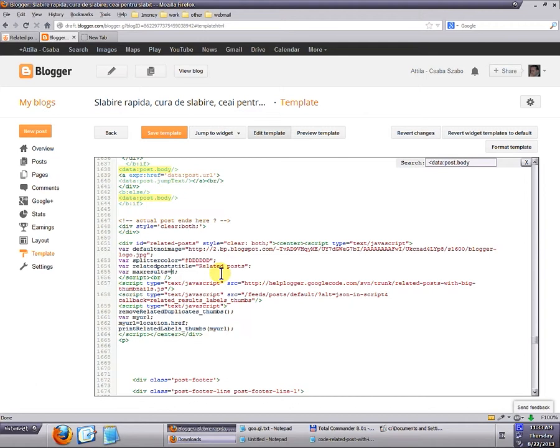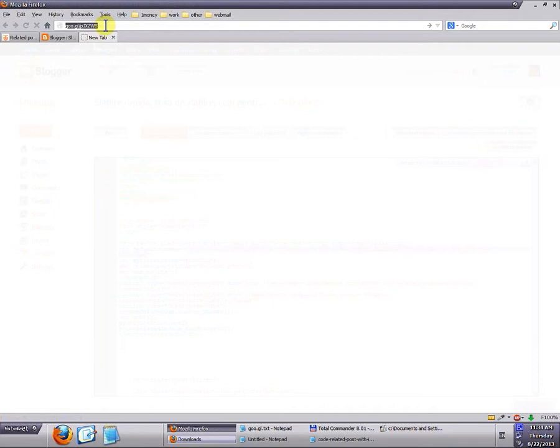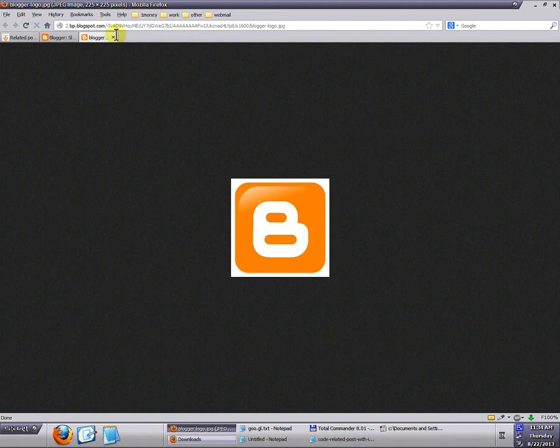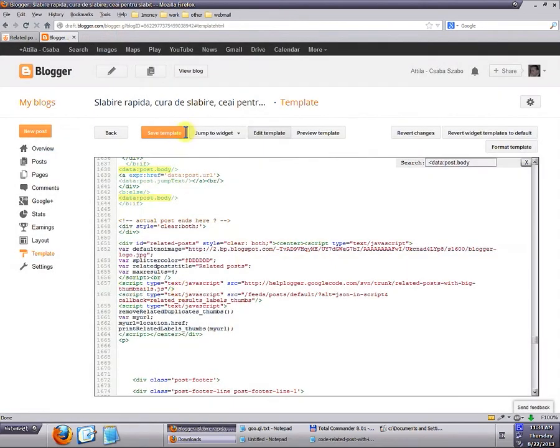And you can also tweak the image, which is presented in case there is no image in a post. So this is the default blogspot image. I'm going to show you that logo. I'm going to copy this and paste it in an empty tab. This is the image that will be presented as a thumb shot of the post which has no image in it. So after doing this, you can simply press Save Template,